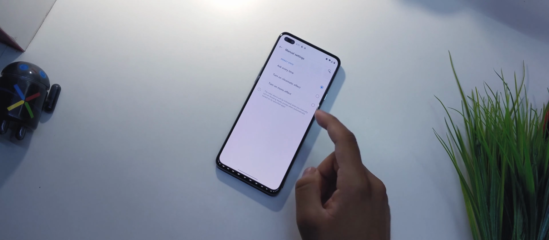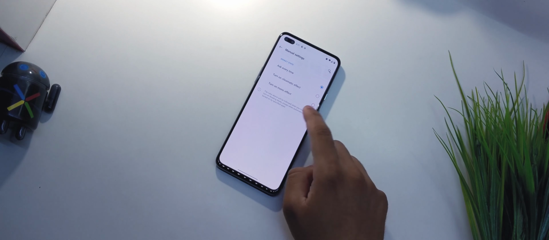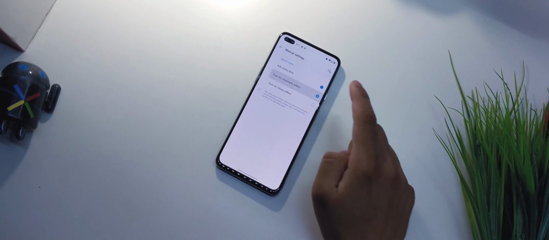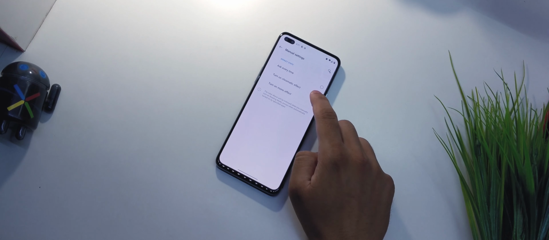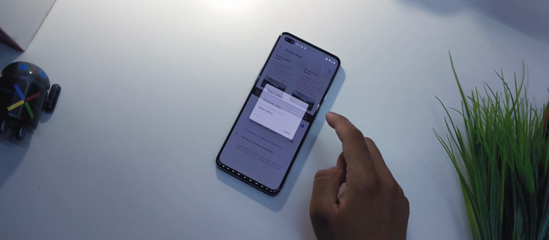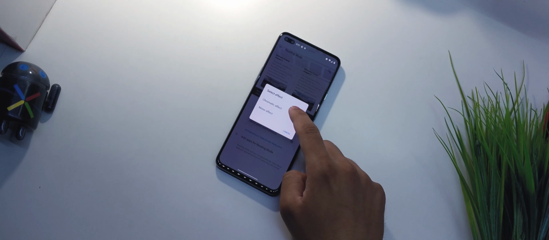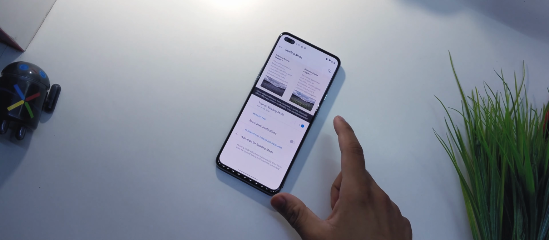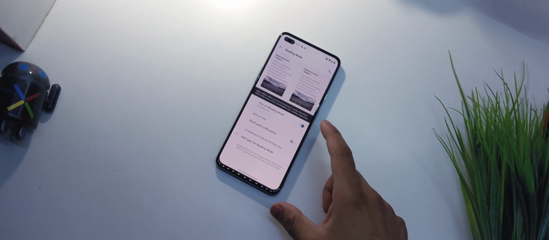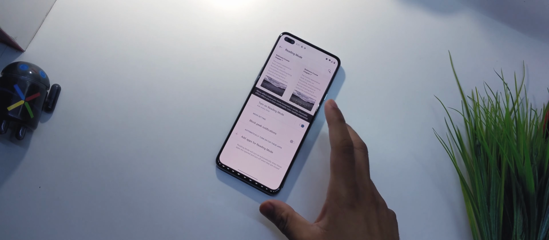You can either ask every time, or turn on the chromatic effect, or turn on the mono effect. Let's see, if I turn this on, it will ask you to turn on the chromatic effect, which will turn your display into a yellowish tint or a chrome tint. And if I turn it off, I'll turn it back on again, and I'll select mono effect. I think what this will do is turn it into black and white, if I'm not wrong. So that is pretty good.